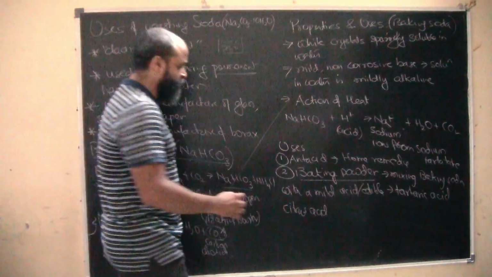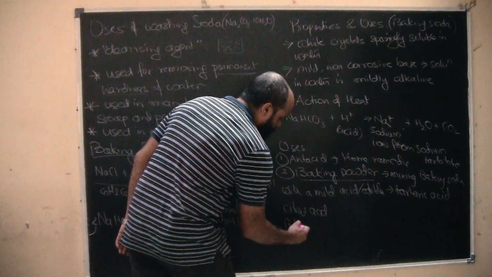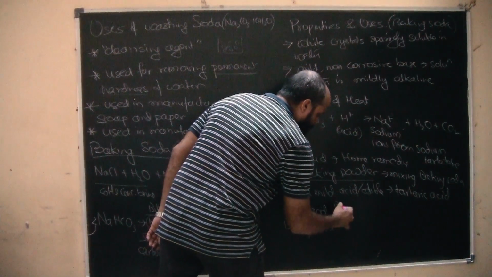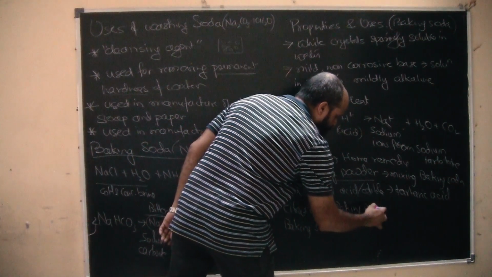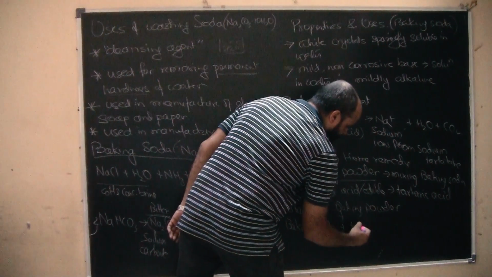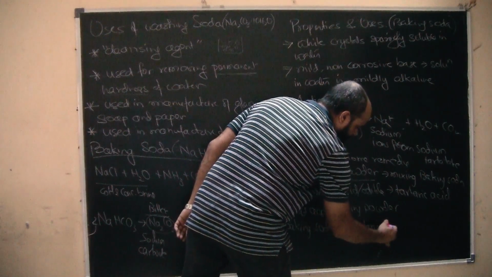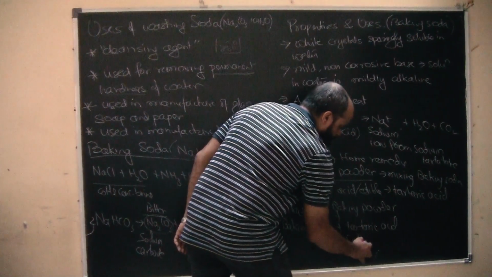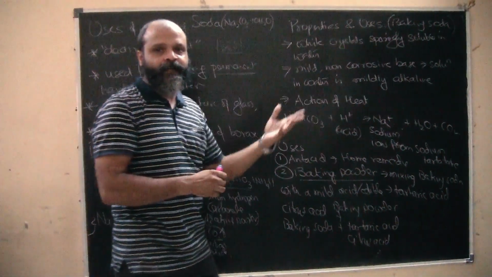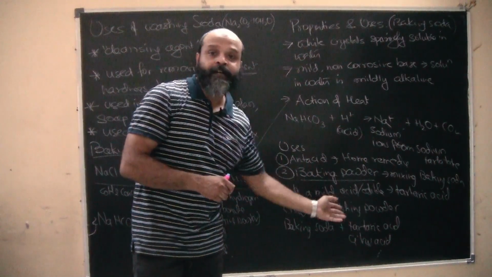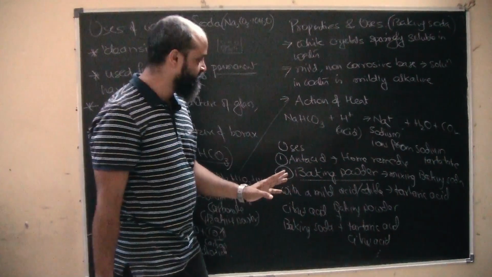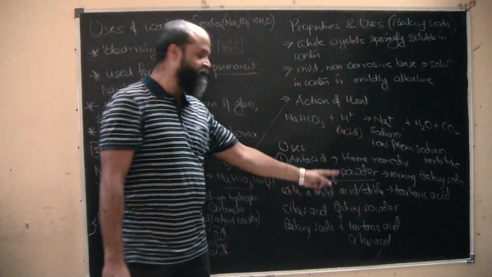Just remember that the reaction between baking powder or rather baking soda. So baking powder is made of baking soda and a mild acid like tartaric acid, or you can also use citric acid, okay. So you get it in the shops, right? But unless you add water to this, the reaction is not going to get completed. So it's only after you add water to it that the reaction will happen.